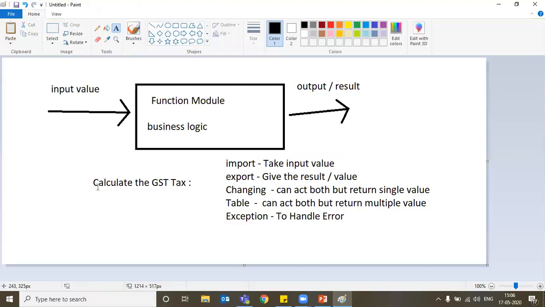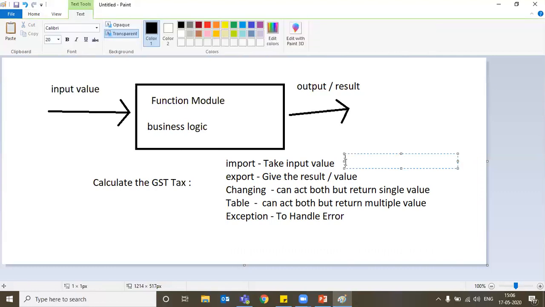Now please understand, let's say I want to calculate a GST tax. This logic is required somewhere in my report program, or maybe anywhere. I want to reuse this function module in different programs, so I will write the business logic inside this function module. It can take a net value and a percentage, how much percentage you want to calculate GST.